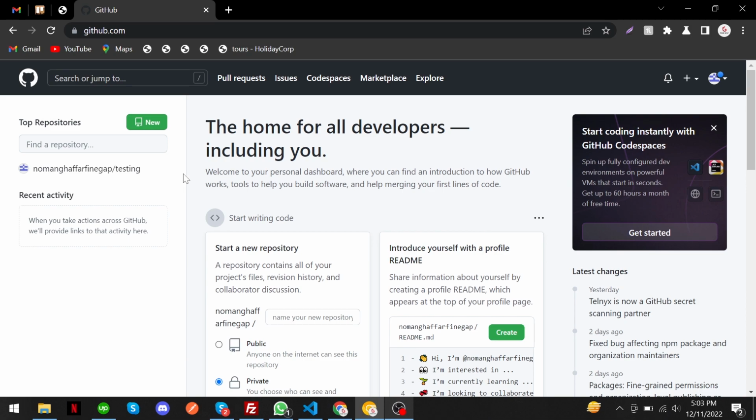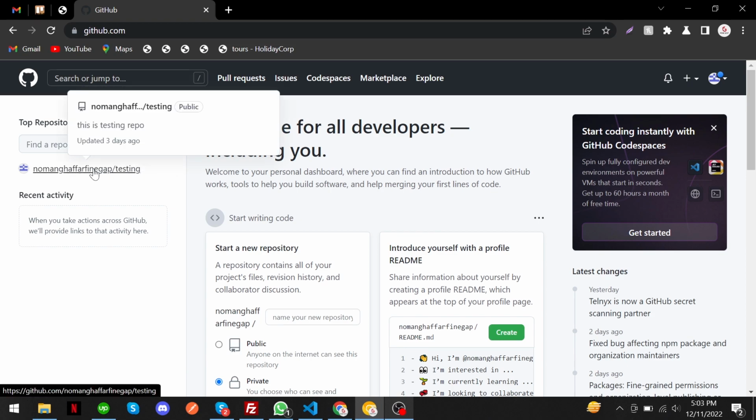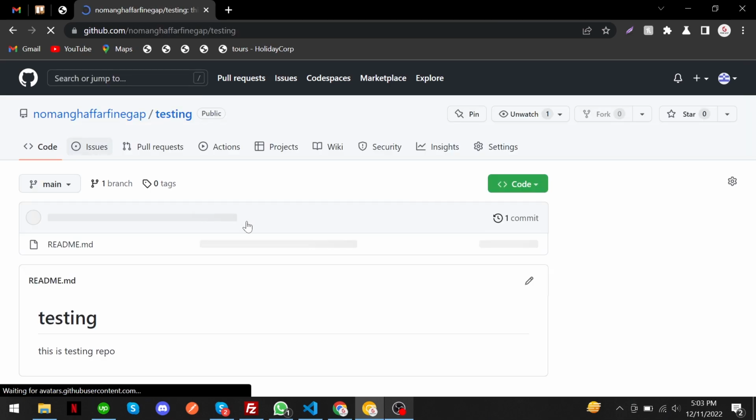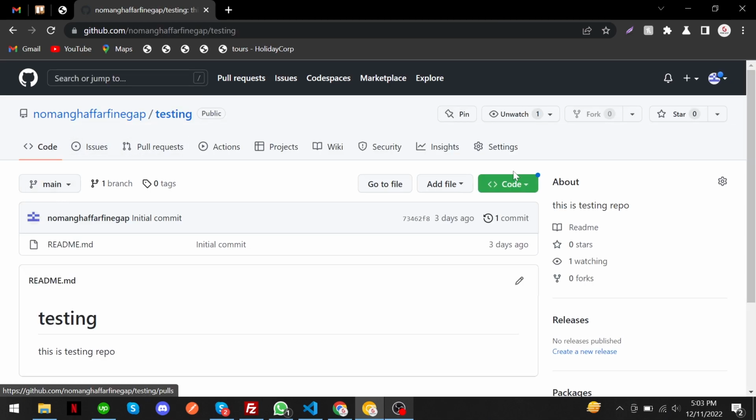So guys, first of all, in your GitHub account you can see all the repos there. As you can see, I'm going to click this one, and you can search there. So in the specific repo you have to go to settings,